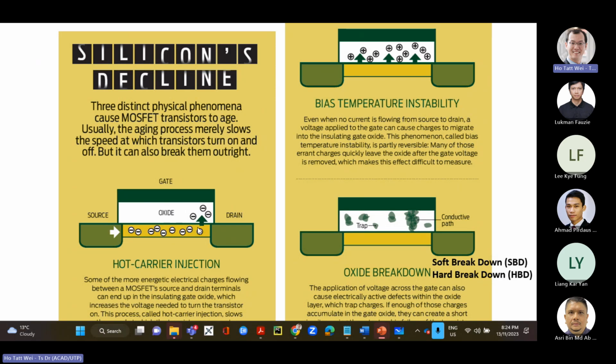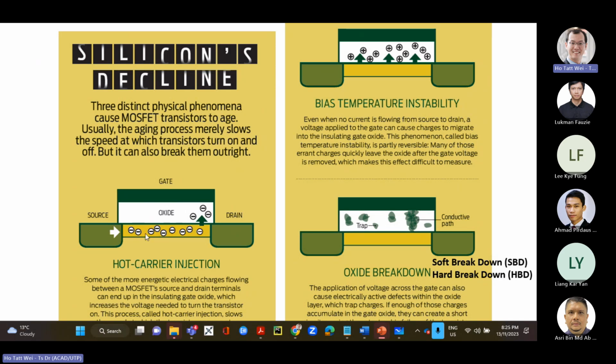But what happens in the aging is that some of these electrical charges will actually get pushed into the oxide. Why? Because you're actually having a voltage drain to source, right? So there's a pulling force in this direction. But there's also an attracting force in this direction, right? Because they are pulling all the carriers up into these conducting layers. So you can think about it, your free carriers here are being pushed this way, but they're also being slammed very hard against the surface here because of the gate voltage, right? So they're being pushed here and they're being pushed up here.